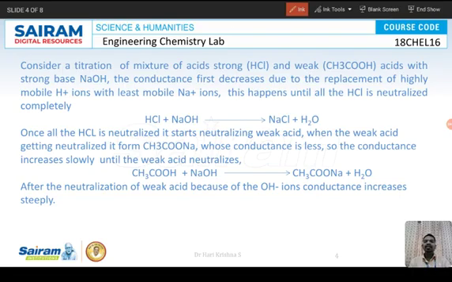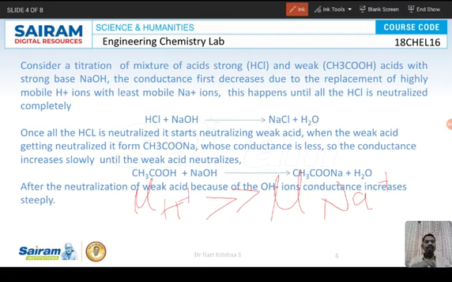So the mobility of H plus ions is very, very much greater than the mobility of Na plus ions. So initially the conductance will be very high. Conductance depends upon mobility of ions. The higher the mobility of ions, the higher the conductance. The lower the mobility of ions, the lower the conductance. And conductance depends upon the concentration of the higher mobile